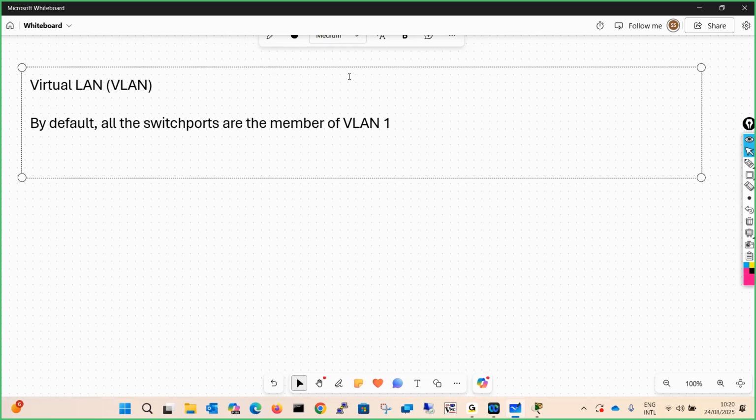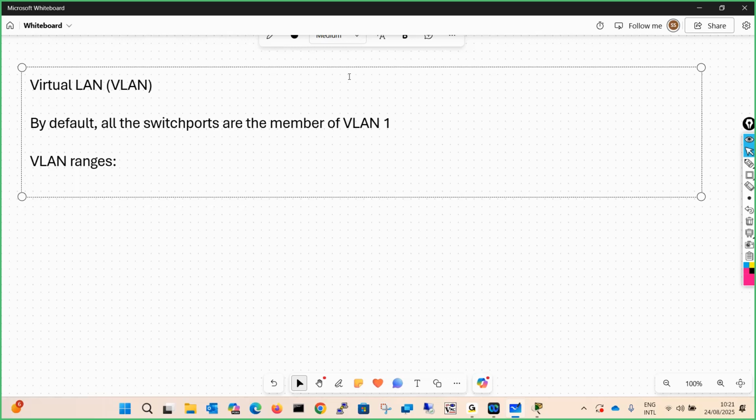Now, VLAN ranges are there. There is a range of VLANs which you need to know. There is something called VLAN 0 and VLAN 4095.